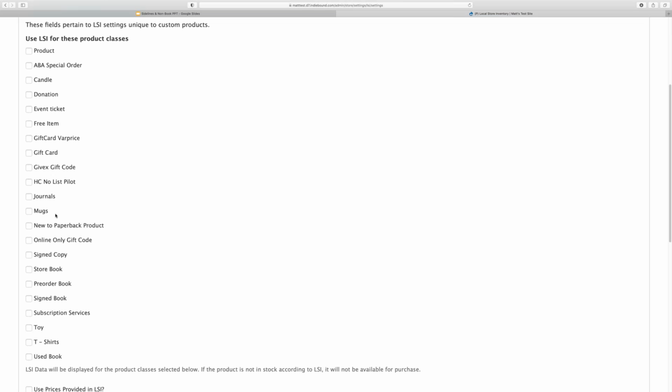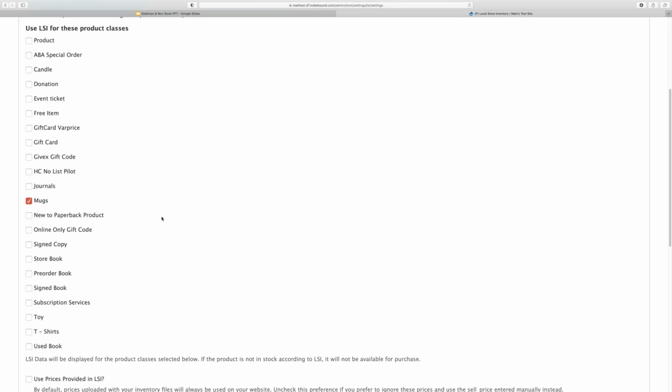So you'll be able to go in and enable product classes one by one as a way of testing this feature out. And if it has behavior you don't expect or it causes an issue, you can always come back in here and just uncheck any product class, and it will stop applying LSI to that product class. So this is a setting change that takes effect immediately after you apply it. So what I'm going to do is make sure that it is on for my mugs. And we'll look a little bit here in this demo at the difference between when it's on and when it's off. But for now, I want to make sure that it is on.